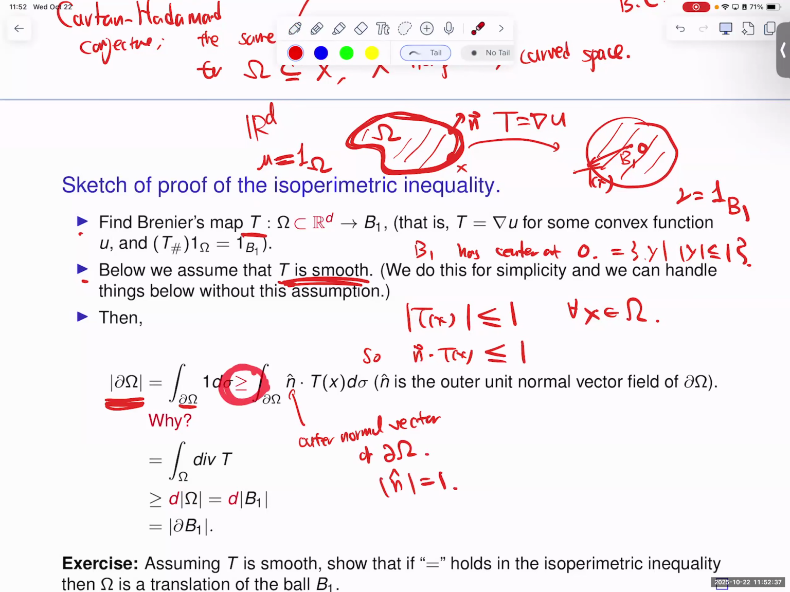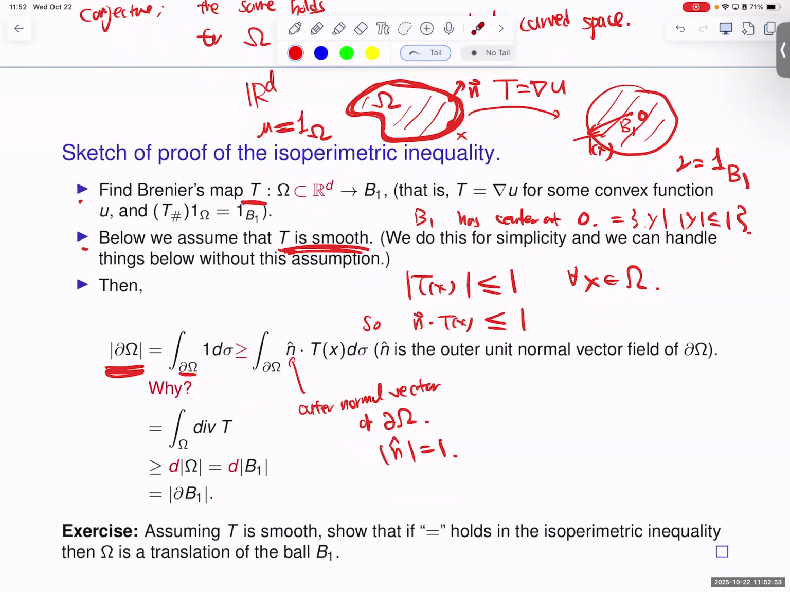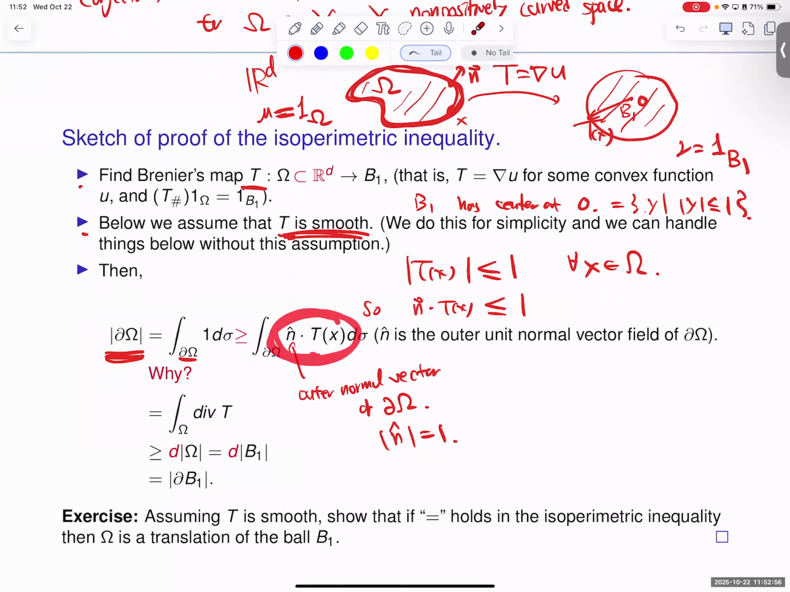So you have this inequality, because this quantity is always less than or equal to 1. So you have this inequality, obviously. Fine. Okay, afterwards, this basically just tells everything. Then once you have this surface integral with respect to this outer normal vector, this is nothing but the flux, the outer flux of the vector field